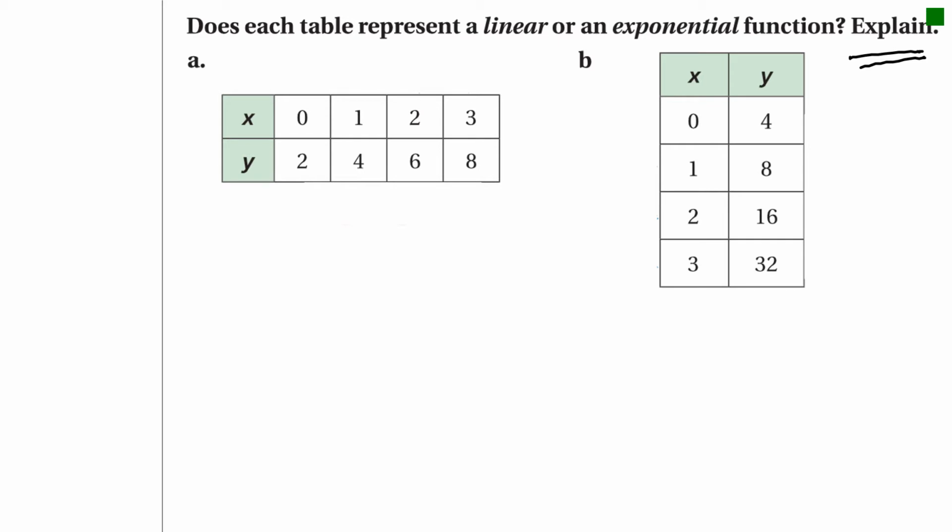Okay, A. To go from 2 to 4, do we add 2 or do we multiply by 2? Kind of hard to tell. Let's go from 4 to 6. From 4 to 6, do we add 2 or multiply by 2? This one's totally add 2. 6 to 8, we add 2. So is it repeated addition or multiplication? It's definitely repeated addition, so this is linear